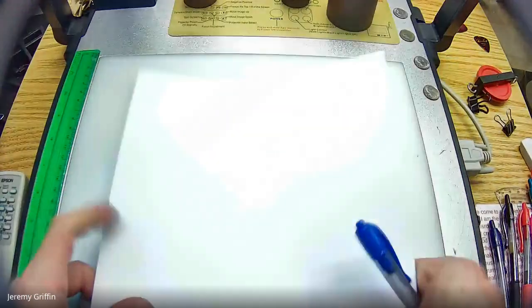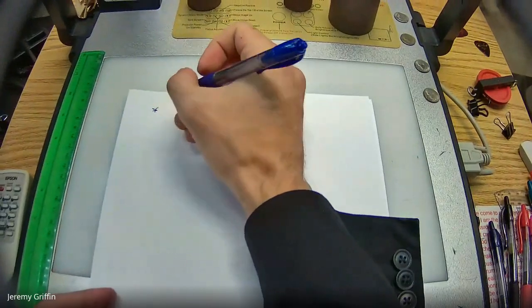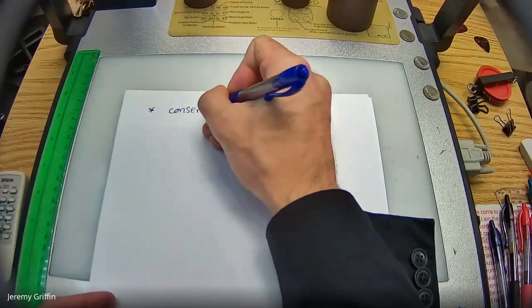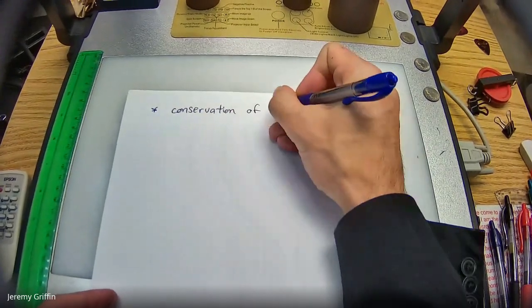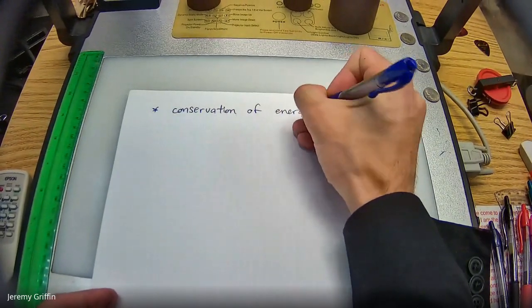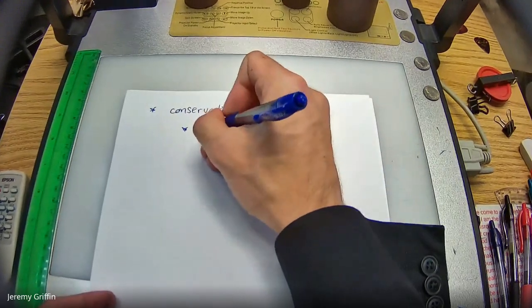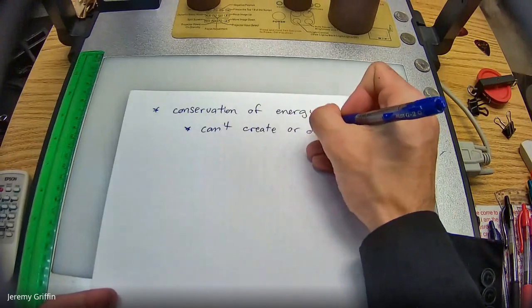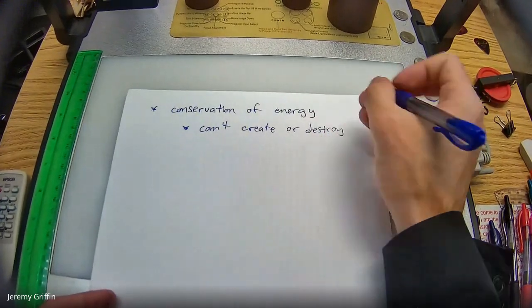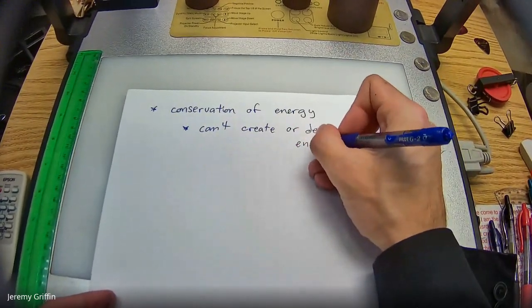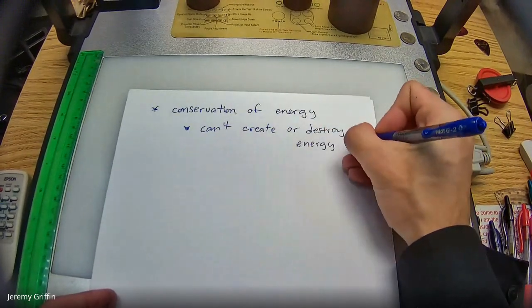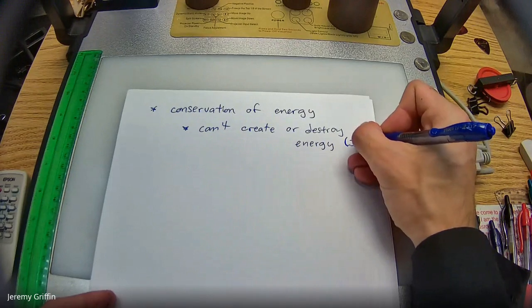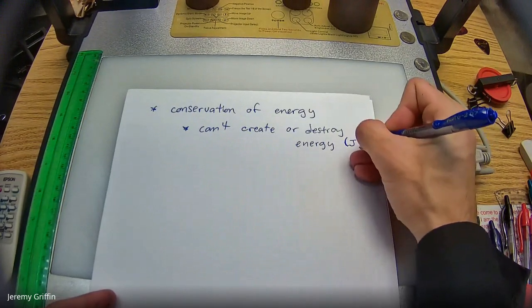All right. Something I mentioned before, but this is a hugely important concept in this class, is conservation of energy. Energy is conserved. You can't create or destroy energy, or any number of joules, however many joules there are in a closed system. Now, a closed system means that there are no outside forces acting on it.